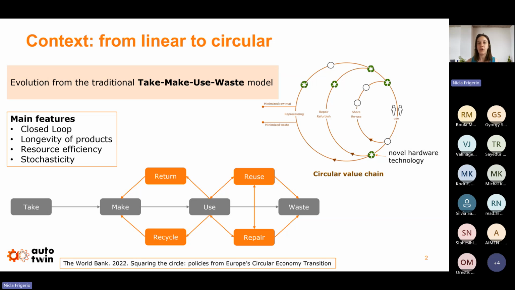The main features identified in AutoTwin of this transition towards circular economy are the occurrence of closed loops, the longevity of products, which are present for a long period of time in our economy and our manufacturing, resource efficiency, a topic that is even more important in circular than in linear economies, and stochasticity of the overall system.